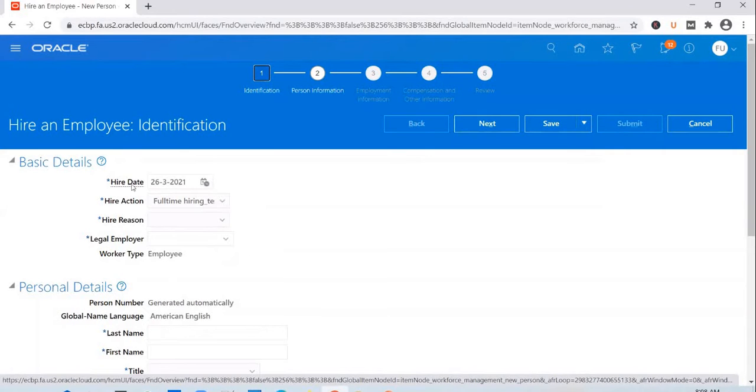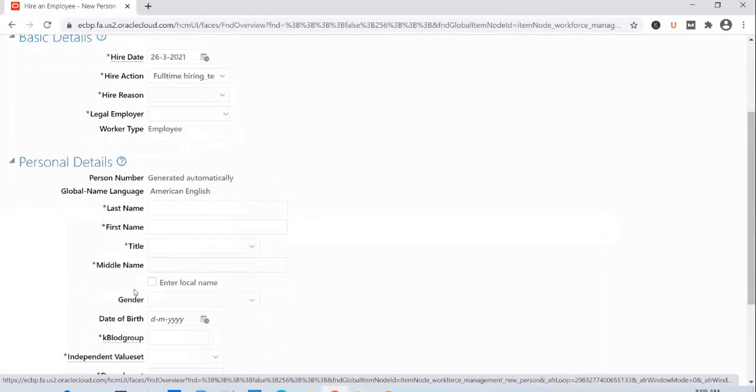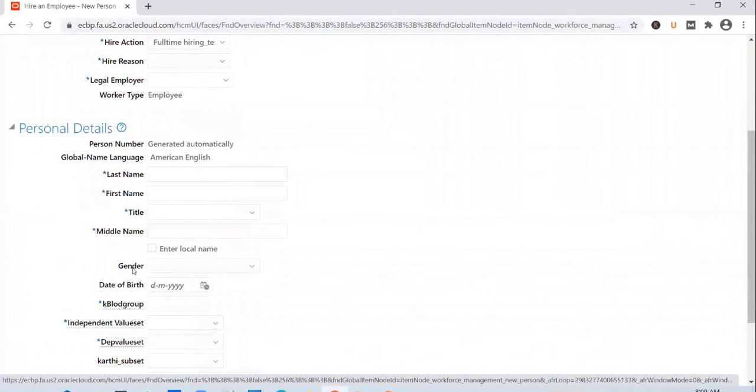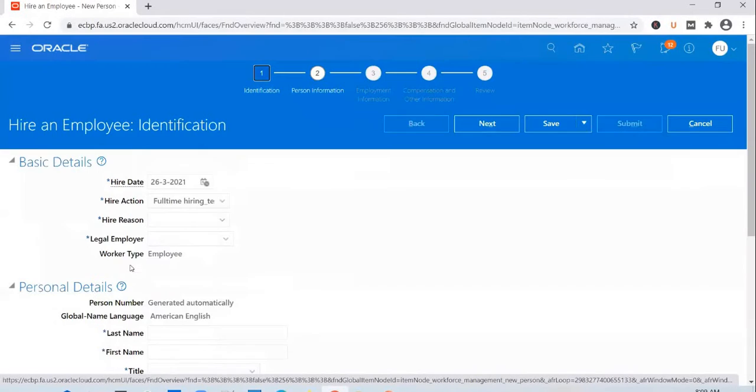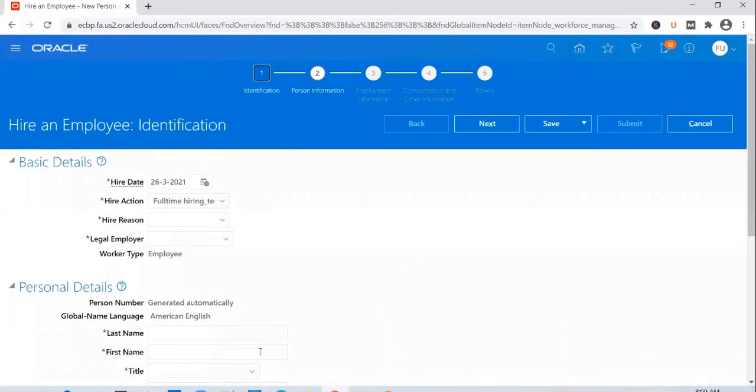He might ask you to change the labels of the fields. He might ask you to make some optional fields mandatory. Say, for example, gender is optional, make it mandatory. Or he might ask you to hide certain fields or make them read only. So it could be a page level change, or it can be an application level change, wherein you change the look and feel of the application.